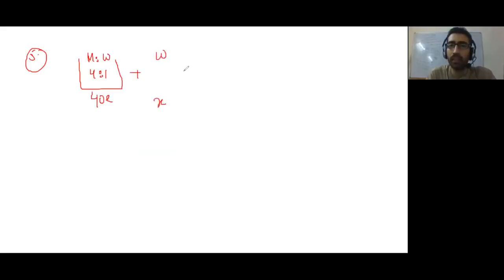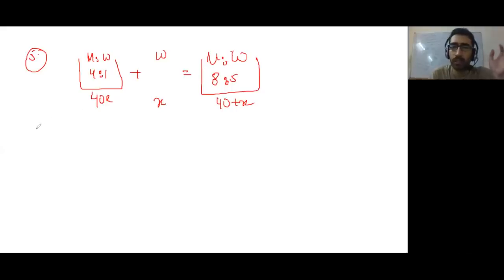Let's say I add X liters of water. And the result I get is, of course, 40 plus X liters of milk to water solution, that is in the ratio 8:5. What I want you to do in all such questions, and I'll throw more such questions at you, is to equate what is constant on the left-hand side with the quantity constant on the right, which means here, since milk hasn't changed.